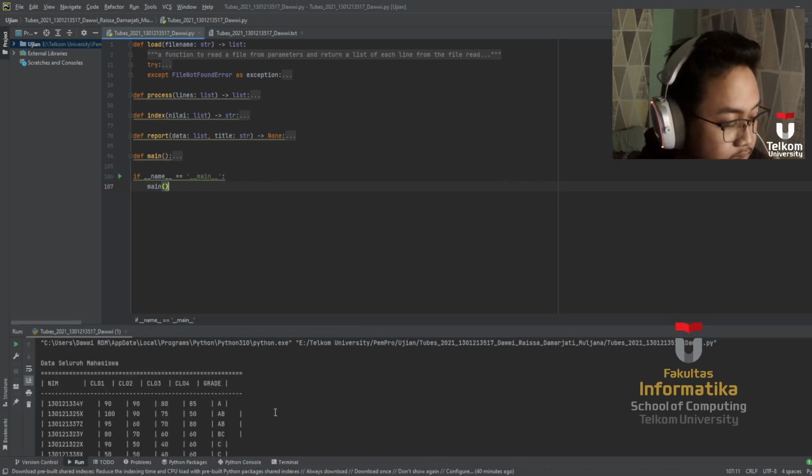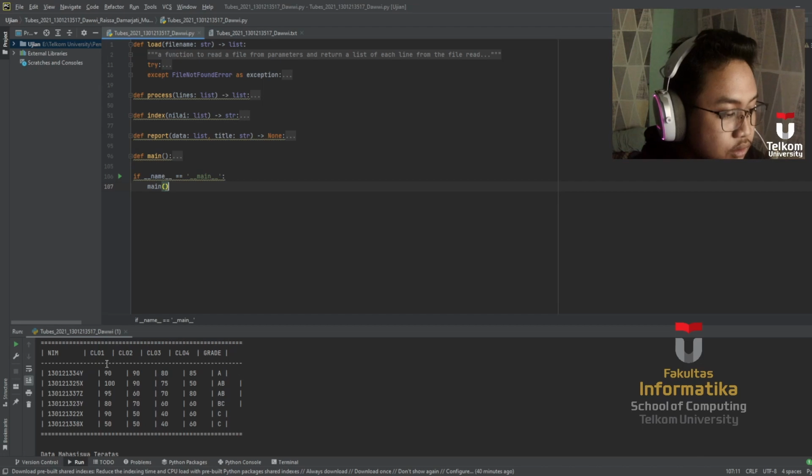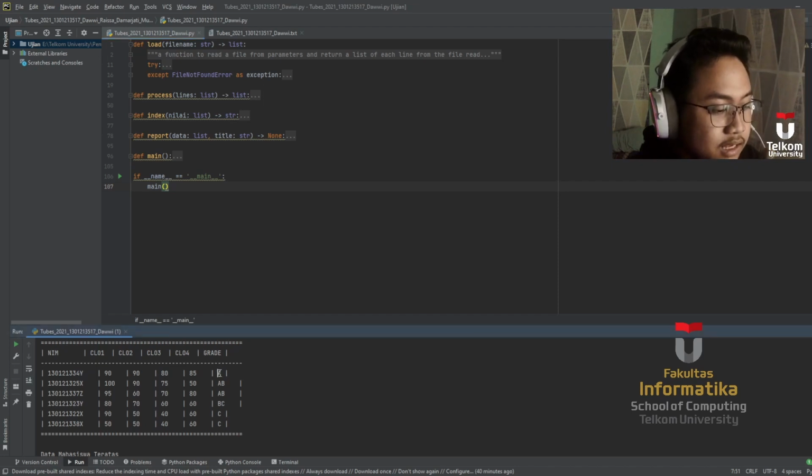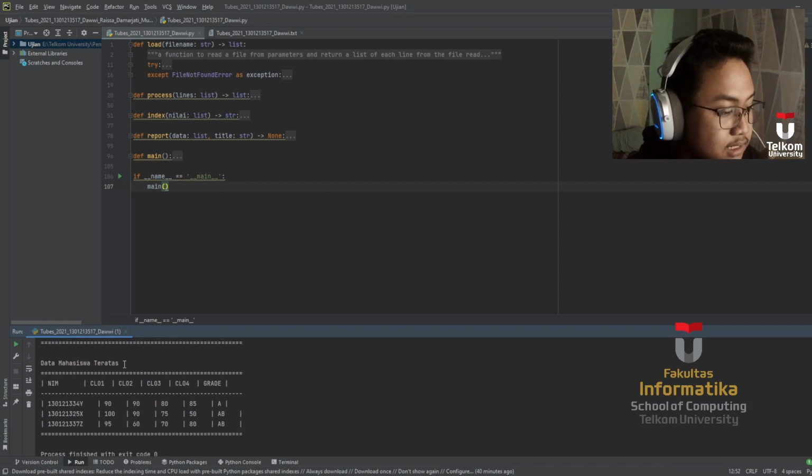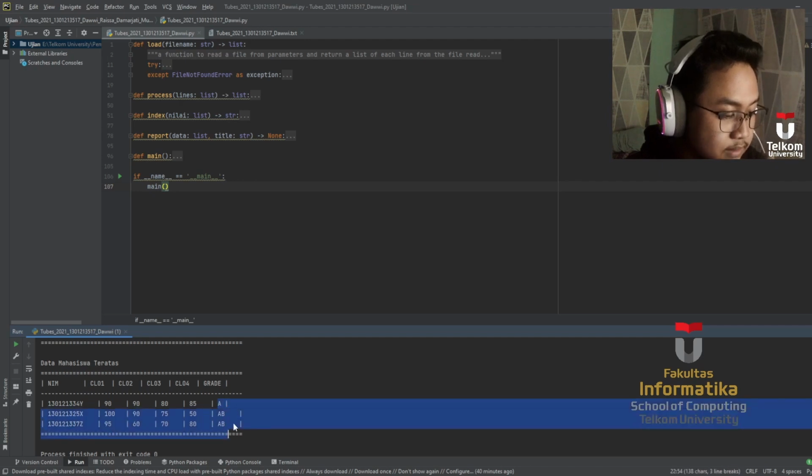Now as we can see here, this is the whole student score list, and this is the grades from the highest to the lowest, and this is the data for the top students, which is going to be A and AB. Same as above, it is sorted.